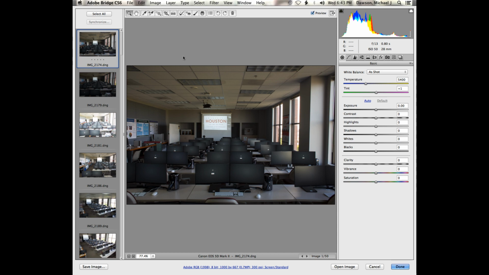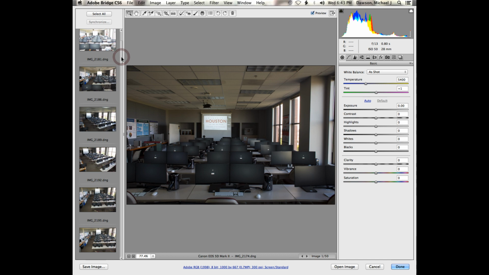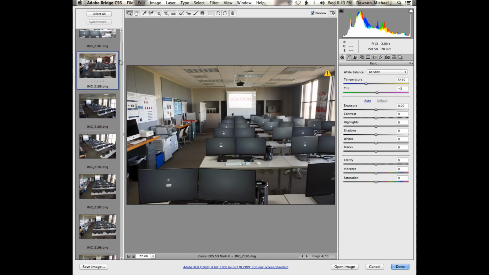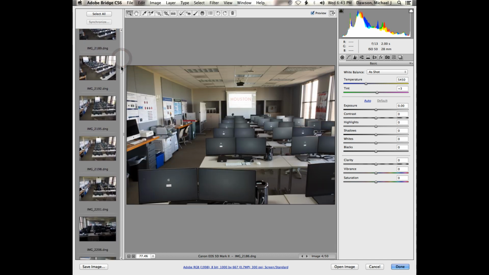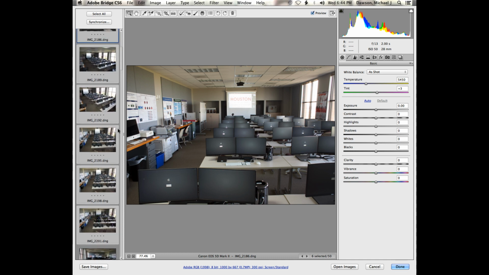So I have all these photos, and one of the really cool things, and I utterly love this about Camera Raw and Bridge too, is that I can select multiple photos and fix them all together. So if I scroll down to photo 2186, I can see from the thumbnails that it was shot very, very similarly to the 4 or 5 photos beneath it. At least I know that the white balance was the same and things like that. So if I hold down the Shift key and select that row of photos,